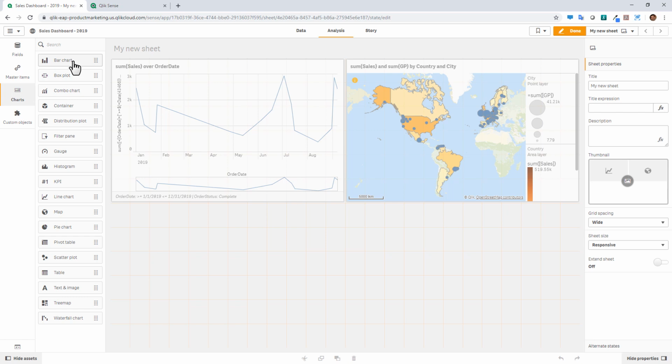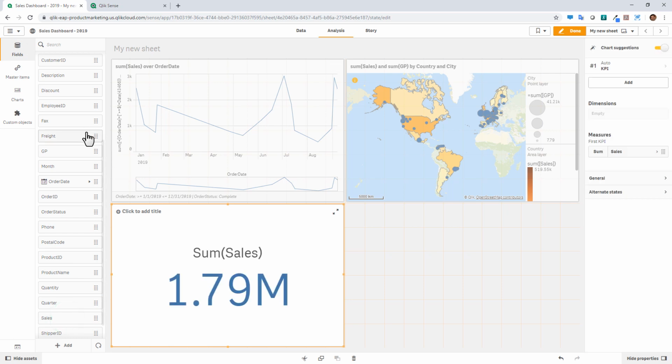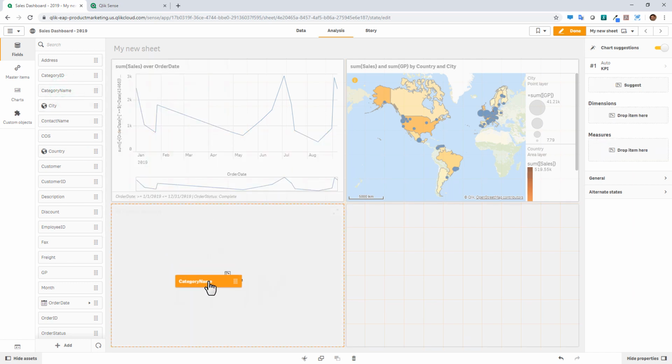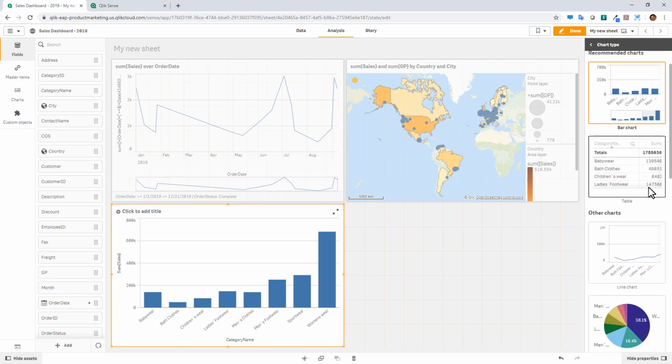Okay, so just to wrap this up, I'm just going to grab one more field for chart suggestions. I'm going to grab my sales field, and then I'm going to grab my category name and drop it right on top of the KPI that was auto-created from just dropping my sales. And you see it automatically creates a bar chart. And the reason I'm showing you this is that chart suggestions can also be created by simply dragging and dropping fields onto the canvas. And then you'll notice if you click on this link here on the right, you can look at other recommended charts,